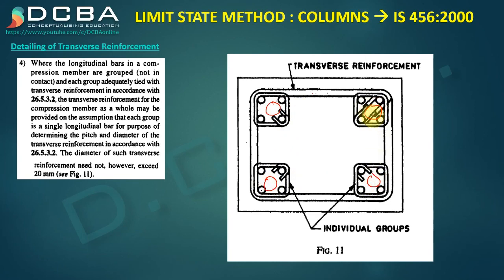Okay, they can be considered as a single reinforcement, and the diameter of this single reinforcement should not exceed 20 mm. Okay, so effectively you can consider a single dia, but it should not exceed 20 mm, and using these diameters then you will determine all the properties of your link. So these will act as your longitudinal bars, single longitudinal bars. Actually it is a group, but this clause asks us to take it as a single dia bar, and then